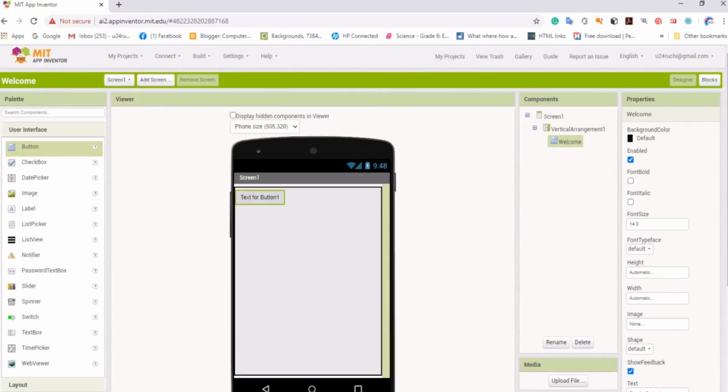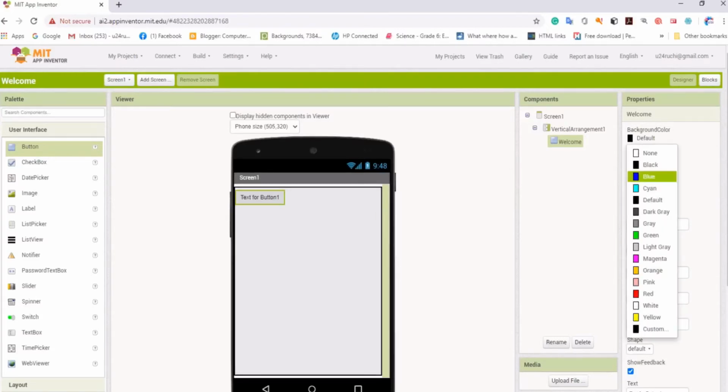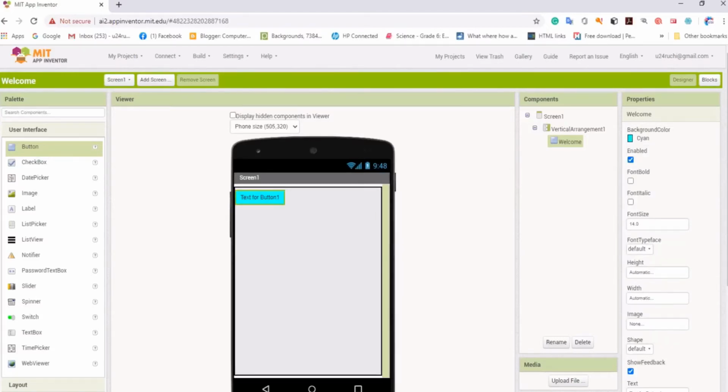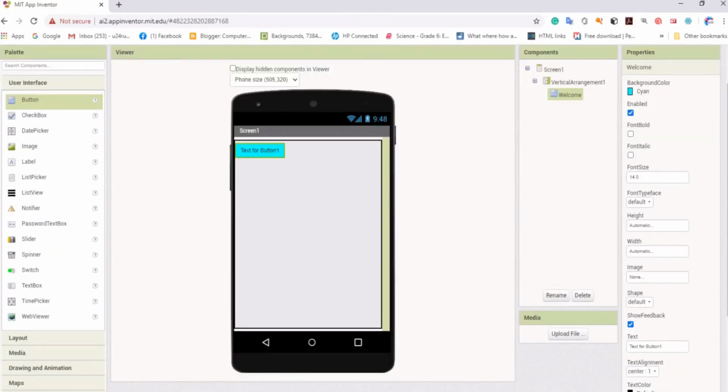So I have to set the property for this component here in the property window. If you want a background color, I can set the background color. Suppose now I want it to cover the whole screen, I'll do fill parent. You will see the changes. Oh my god, I have done fill parent.